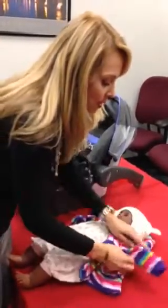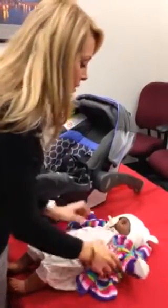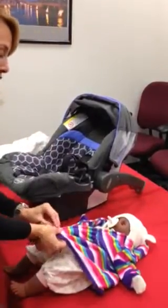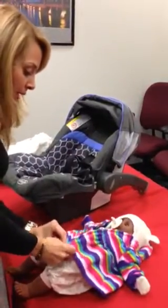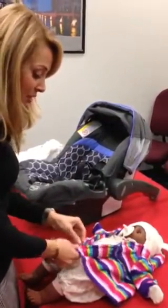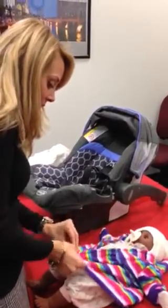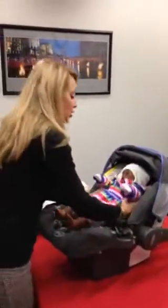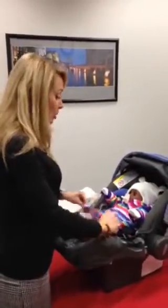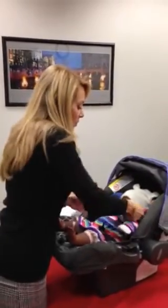Okay, so we're getting this baby nice and warm. This is sort of a polar fleece jacket. If you layer children in thinner layers of polar fleece, they tend to be nice and cozy, but still be safe in their harness. I'm having a little trouble with the zipper. Let's try this again. Okay. So they have a lot of products out of fleece on the market, not just jackets, but also car seat ponchos, which can go over a child's head and